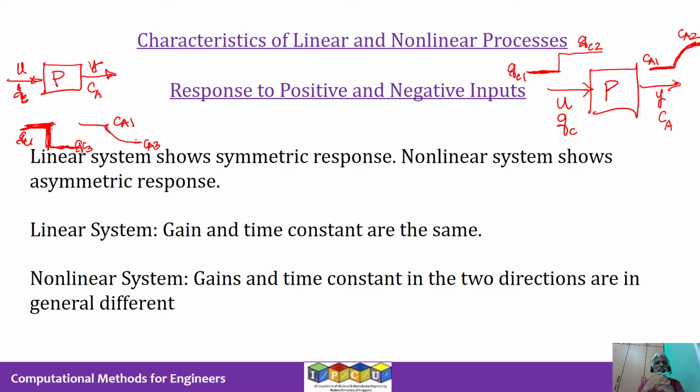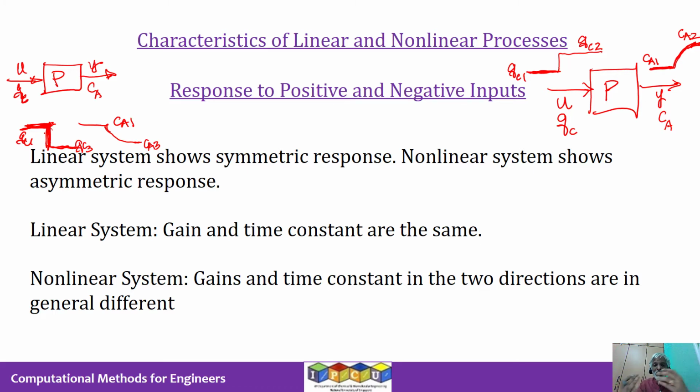In this case, we will say the system has been perturbed by a negative input. To be very specific, by a negative step input. So this particular way of changing the input is called a step change. If you have done a course on process dynamics and control, you will understand what we mean by a step change. But this is what it is. Basically, I have described it.